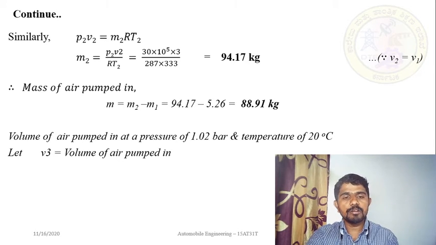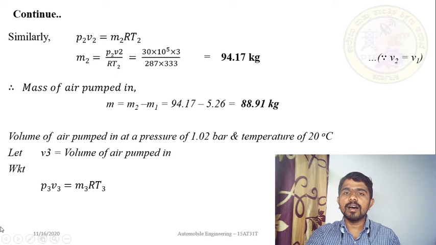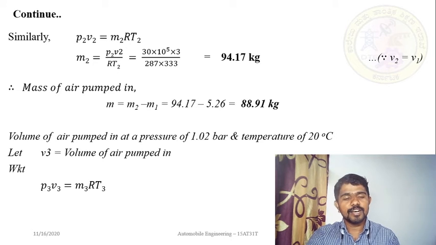We know the mass, but we don't know it in the form of volume. So we know that P3 V3 is equal to M3 R T3. Is it right? Can you write like this? Of course. So now you know the value of P3 here. V3 is to be calculated. M3, of course you have calculated, you can take M is equal to M3, because you have to calculate the volume of the air pumped in. You know the quantity in the form of mass. So M is nothing but M3, and R, of course, will never change, because the gas used for this process is atmospheric air. And P3 and T3, of course, he has given the condition.